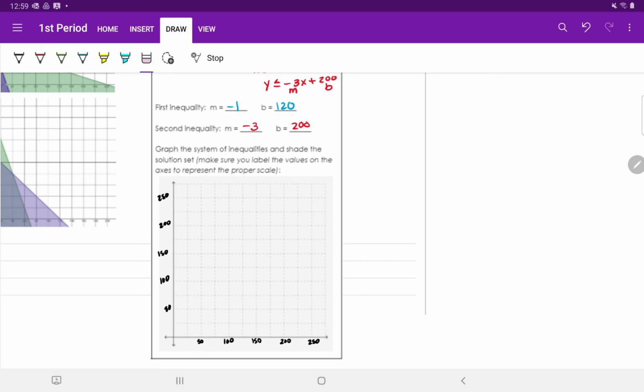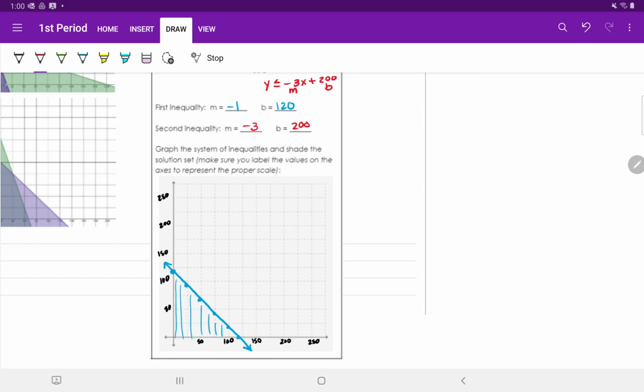So for my blue line, my b value is 120. So that would be about here. And then my slope is -1/1. So down 1, right 1. Down 1, right 1. So we're going about like this. Somewhere like that. And we need a solid line because it's less than or equal to. And we're going to shade this one below. I'm going to do this very lightly